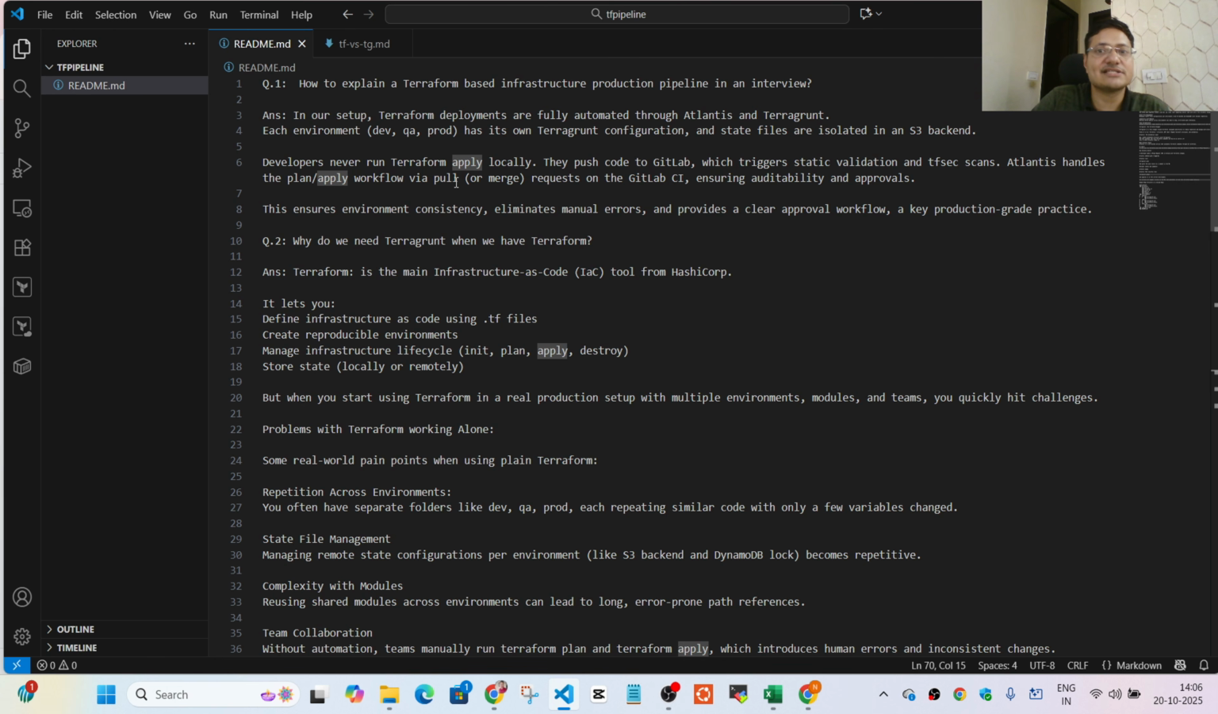So in a production setup, I'm talking about a company where I have worked, this is the exact setup that they are following. They are using a tool called Atlantis. Atlantis is a tool which can use your Terraform implementation and create a CI workflow. If I talk about the CI workflow also,